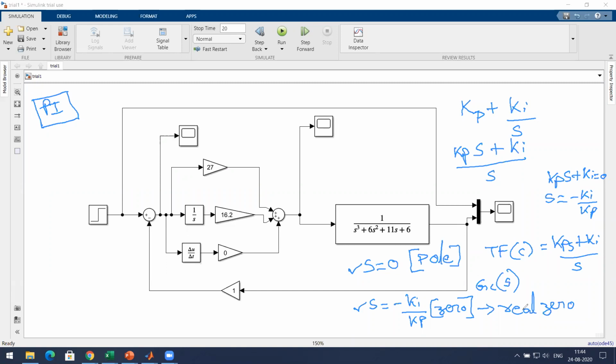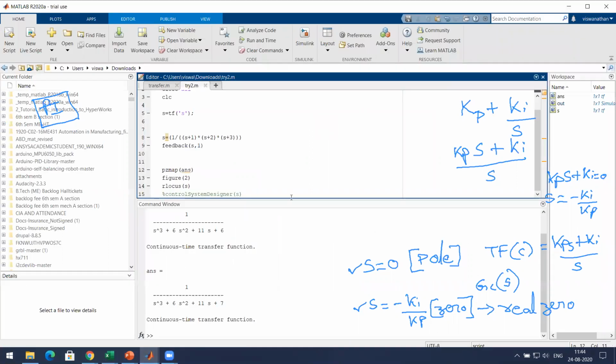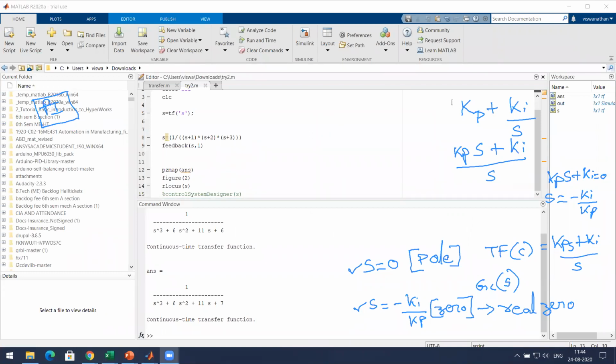Okay, so now instead of using the Ziegler-Nichols method, we will use the root locus method to arrive at the P and I values, Kp, Ki values. So that we will see now. If you go to the MATLAB program, the same thing.